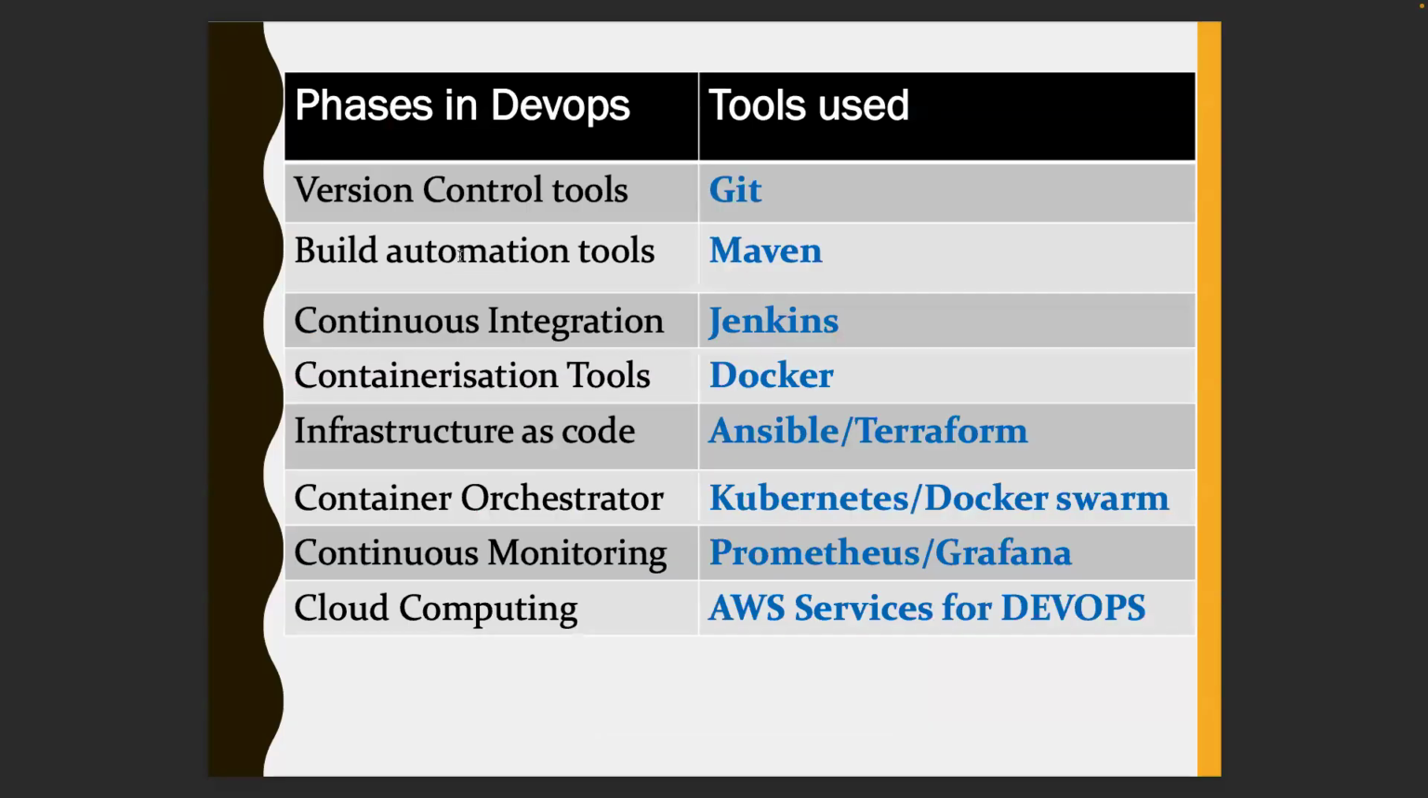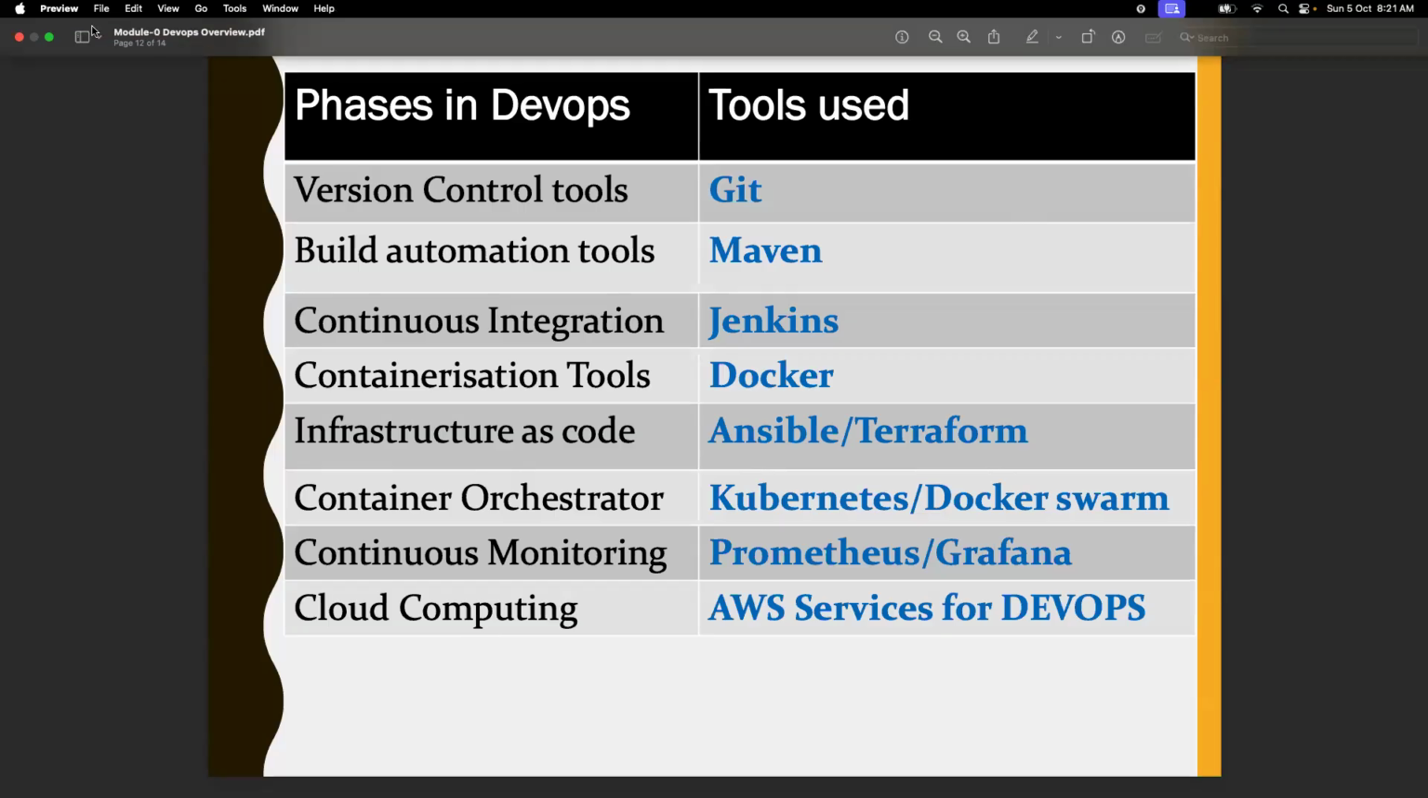Now, what are all the tools you should learn? See here, I have categorized them as version control tools, build automation tools, continuous integration tools, containerization tools, infrastructure as code, configuration management, infrastructure provisioning tools, orchestrator tools, monitoring tools, and cloud services. There were multiple tools under each category. Like if you talk about Git,